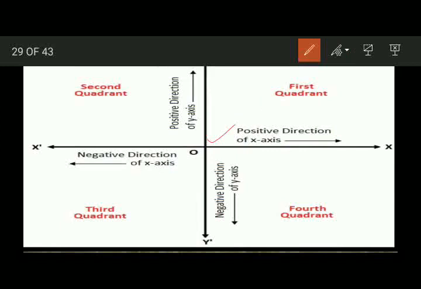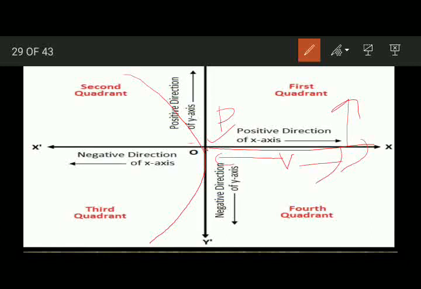And in the case of a spherical mirror, whether it is a concave or convex mirror, the center, that is the pole of the mirror, coincides with the origin of the quadrant. It means it lies on the origin of the quadrant. So if this is a concave mirror, the positive x-axis gives the image distance, if the image is formed here, that image distance will be positive. And the object is always on the left hand side, so the object distance will be negative, that is on the negative x-axis.